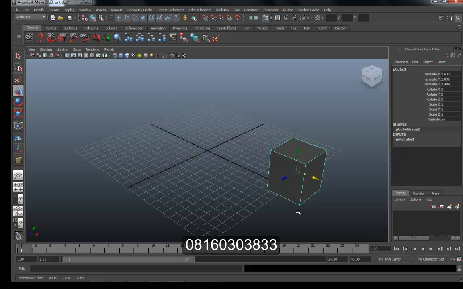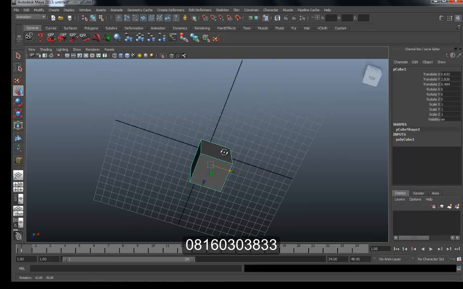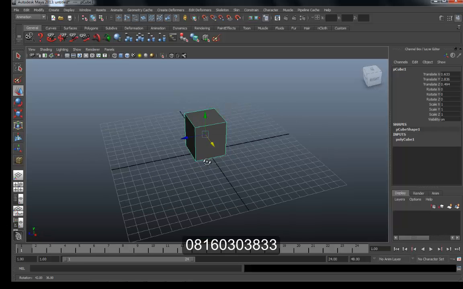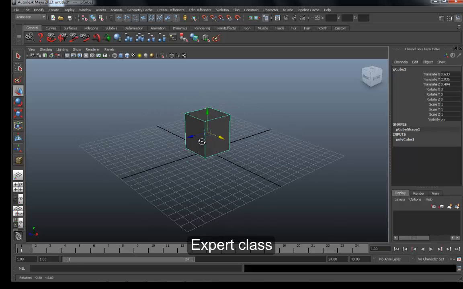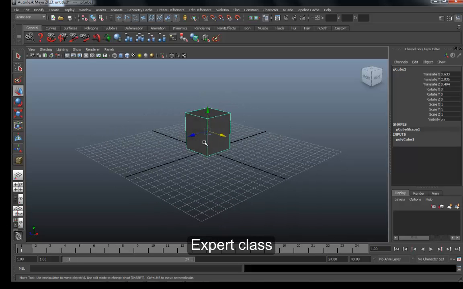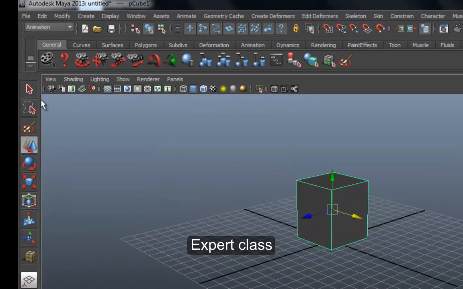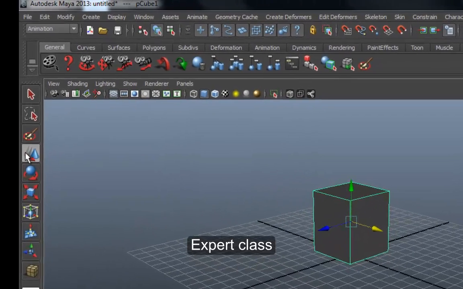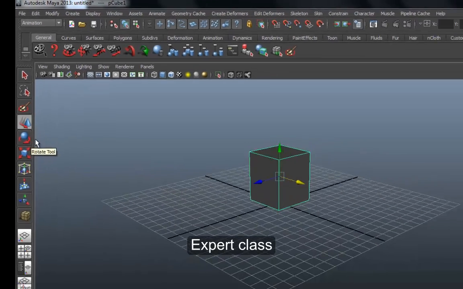You can see that they maintain the base point of our object. So that is a simple way to transform an object by moving it from one position to another. If you want to move any object, the object must be selected with the select tool first, then you go to move. That is for move. Now if I want to go to rotate, when I click on rotate, you see that